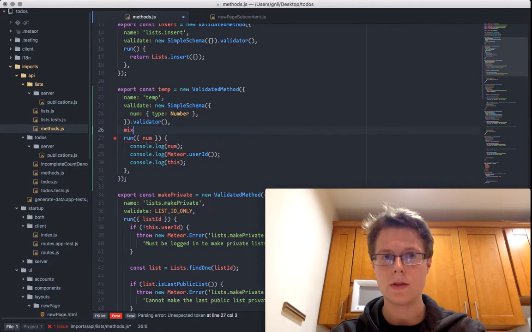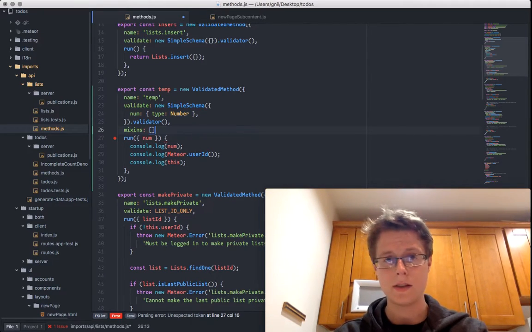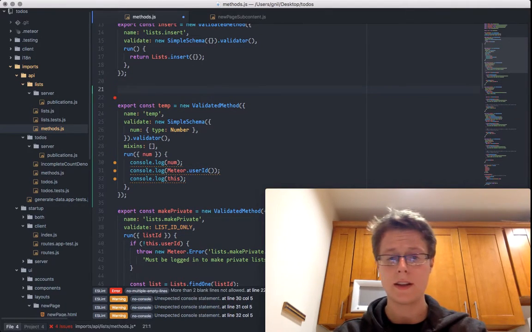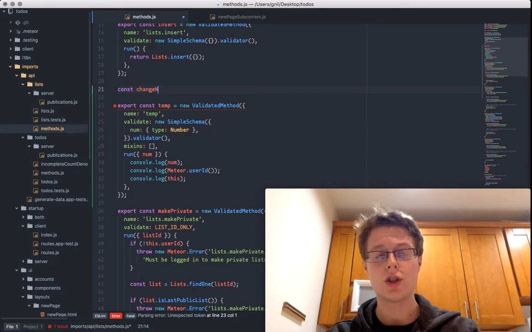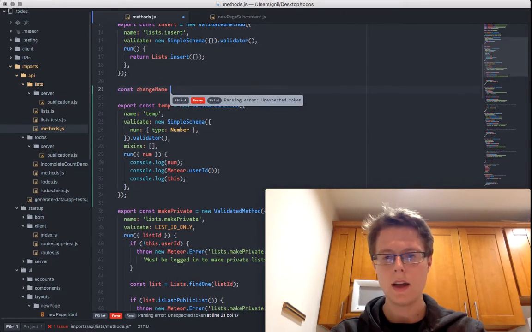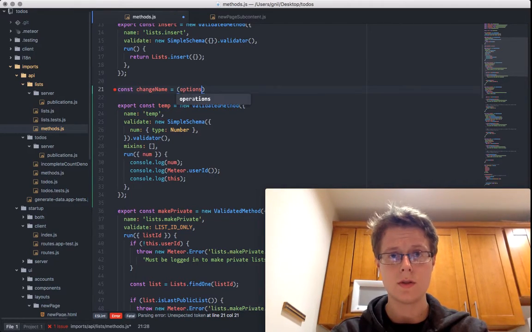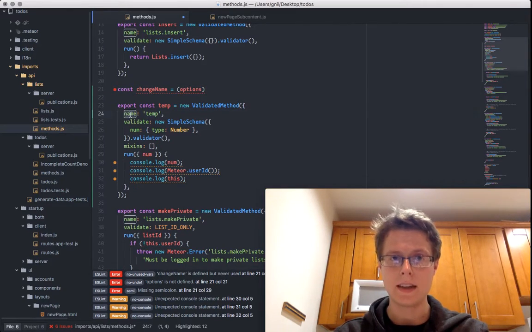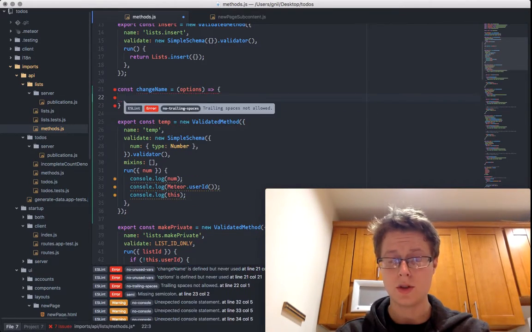Final part about these things is you can have something called mixins. So what are mixins? Mixins are functions. They're a set of functions. The functions are defined as follows. So we go ahead and we make a const changeName. And what this function does is it takes the options that you'd pass into a new validated method, like name, like validate, like run. It takes these options and it applies a transformation to these options and then returns something